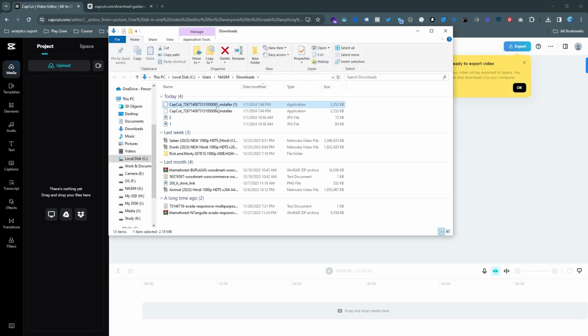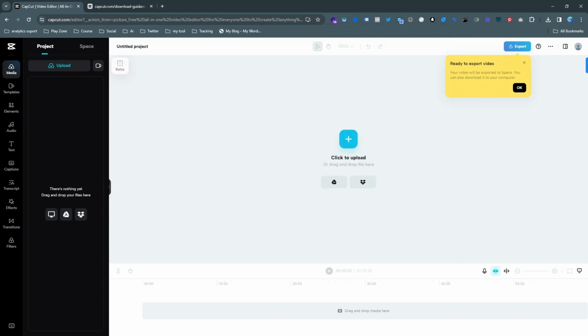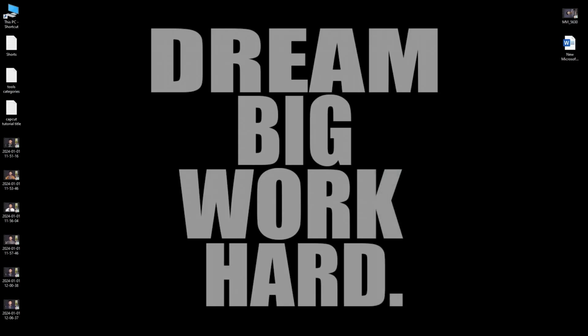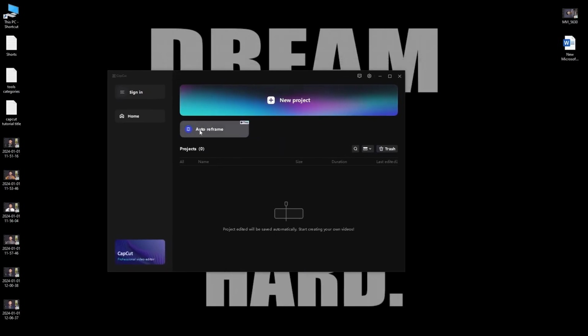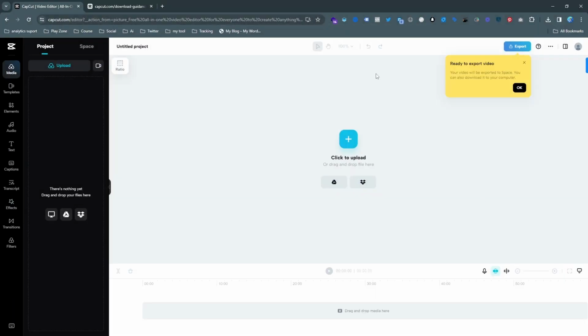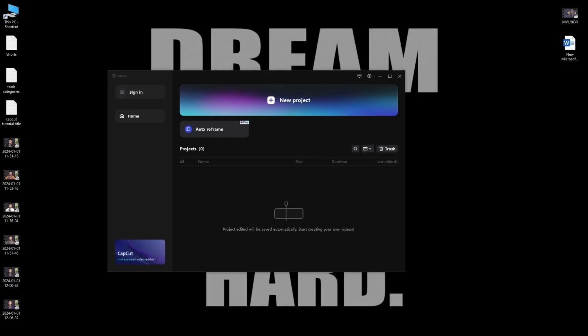That's it. You can see this file is already downloaded. I don't want to download it again, so to save your time I skip this part, and when you completely download it, you will see this software. This is CapCut, and if I want to show you the installer window, like